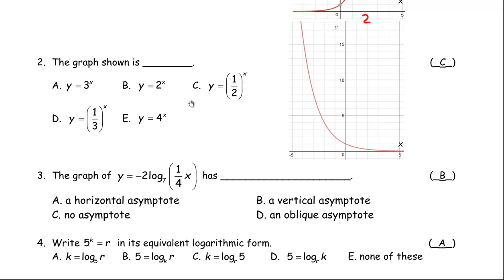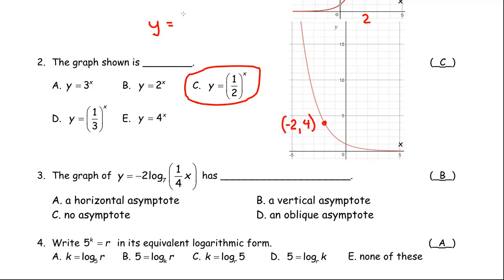For the second one, the graph shown is... so we're going to take another point again. Now the correct answer here is C. It's y equals a half to the power of x. And again, I'm going to take a point. So that point right there is the point (-2, 4). So again, I would really be checking which curve that point satisfies. So if I substitute -2 in place of x here,